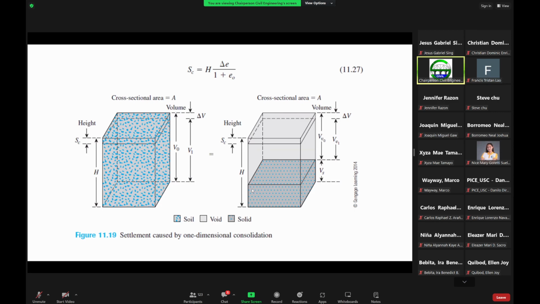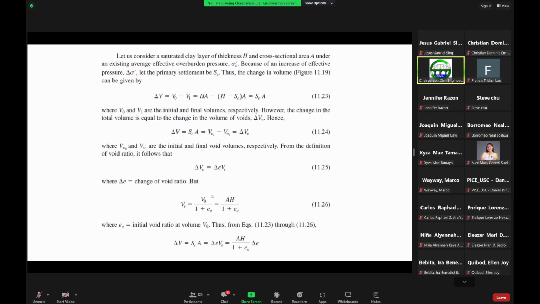That's the initial volume. And then E sub O is the initial void ratio at the initial volume. So if we now substitute equation 11.23 in your book into equation 11.26 here,